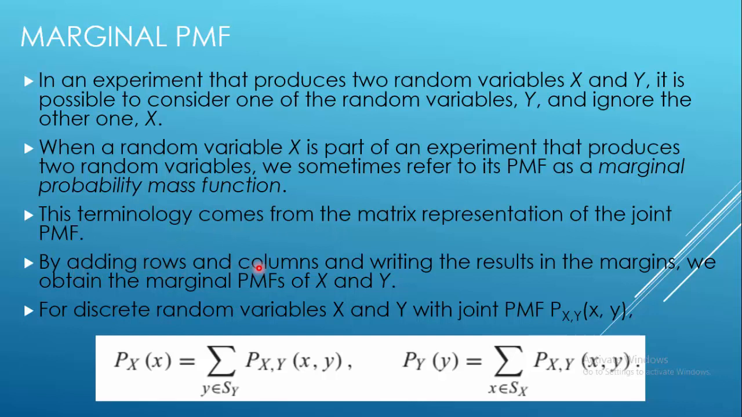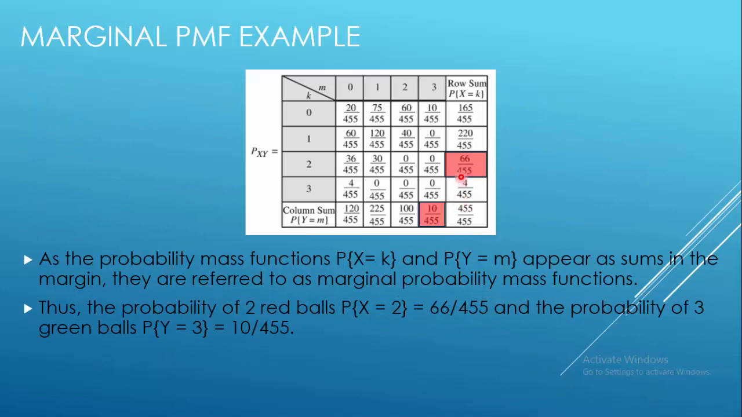By adding rows and columns and writing the results in the margins, we obtain the marginal PMFs of x and y. So for discrete random variables x and y with joint PMF p x comma y, p of x is simply the sum of all probabilities of x comma y over the values of y, and p of y is the sum of all the probabilities of x comma y over the values of x. So as I told you before, we will talk about these sums over here. These are called marginal